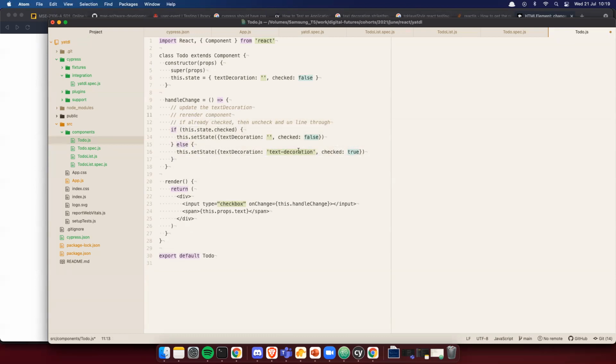Set state decoration true. So then, how do we actually apply the rule to my text here? Let's add a style attribute with text decoration is equal to this dot state dot text